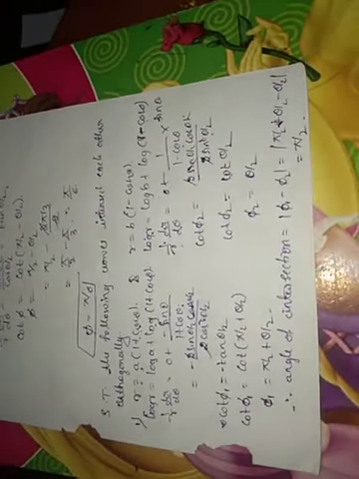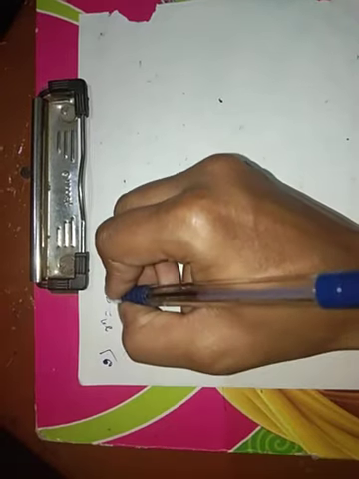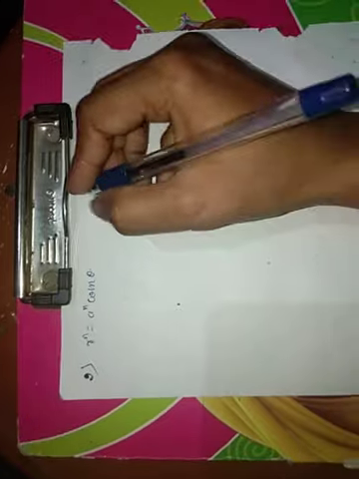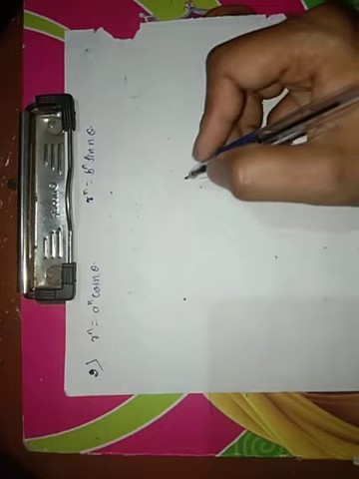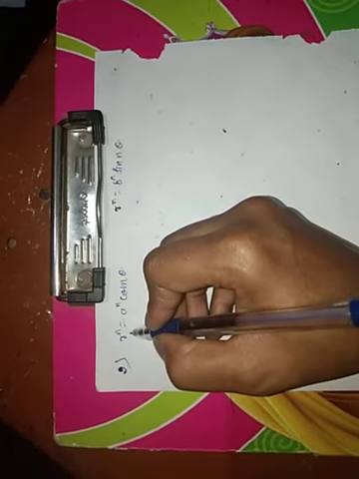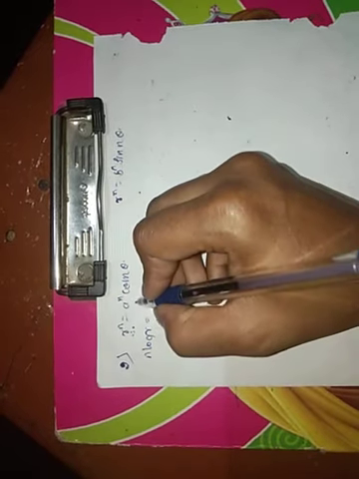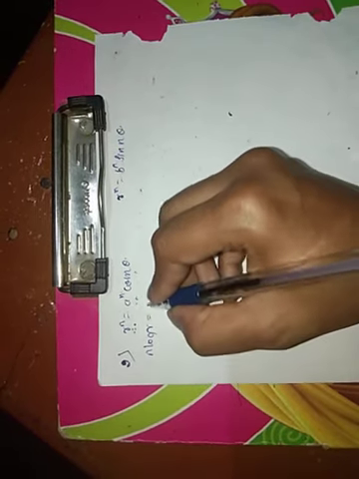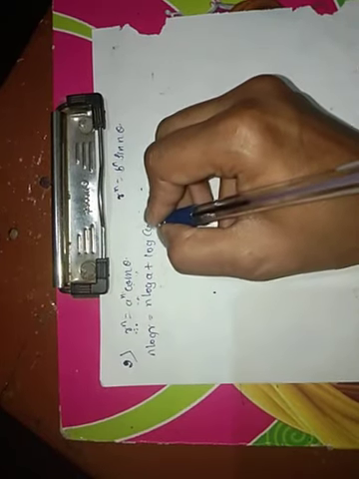So take down the next example, that is r raised to n equal to a raised to n cos n theta, and r raised to n equal to b raised to n sin n theta. First take a log on both sides. Log of r raised to n equal to n into log r. Here apply the log of ab, that is log a plus log b. Log of a raised to n equal to n into log a, plus log of cos n theta.